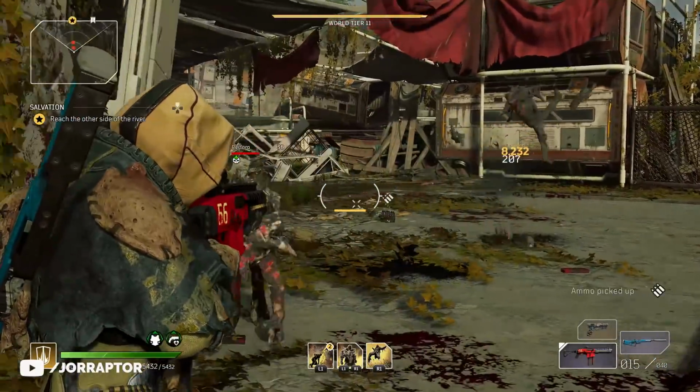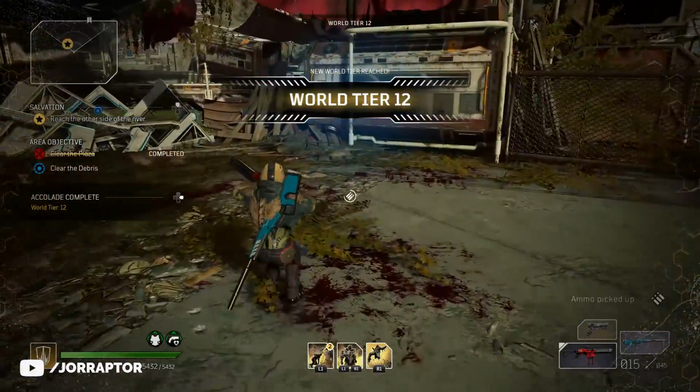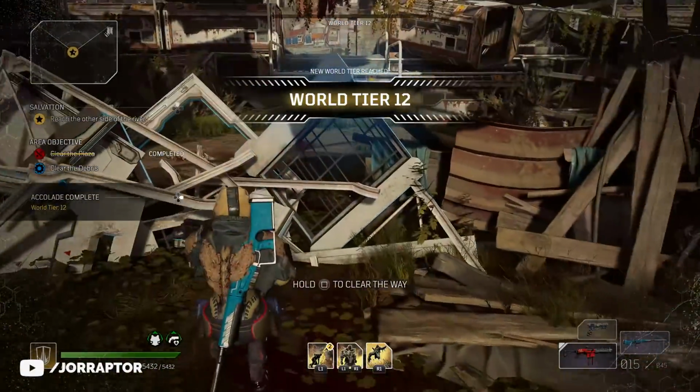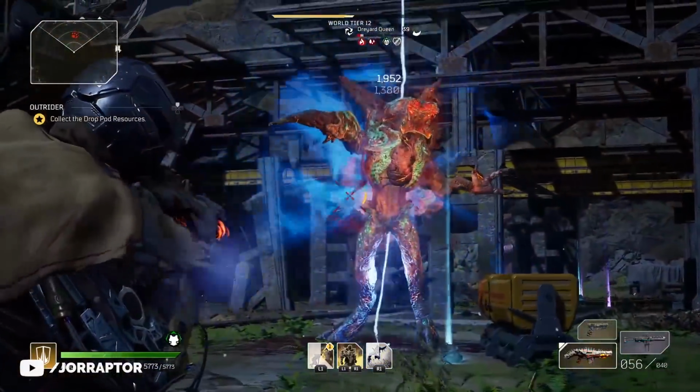After finishing the main story and getting to the max level, the smartest thing to work on is your world tier and get that to 15. Not only will you then never lose world tier XP anymore, which is nice, but also all the content from